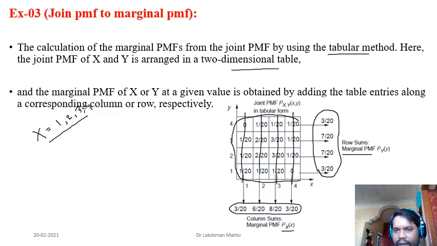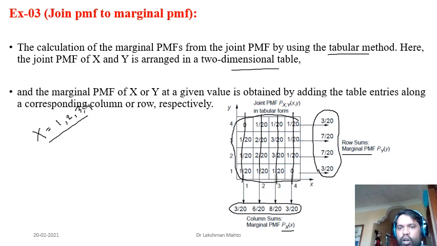This is the scenario where the joint probability mass function is given, and you can easily calculate any relevant probability mass function, like the marginal probability mass function, or another one, the conditional probability mass function, which I had already discussed. So in order to calculate the conditional probability mass function, how do we define it? What was the definition of the conditional probability mass function? I had already given the definition.